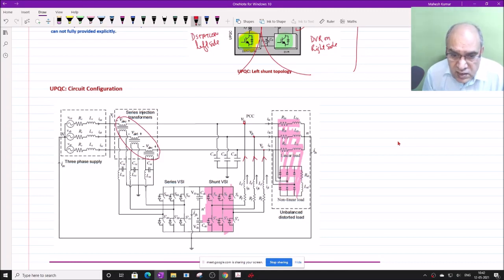So this is the DVR side inverter or series VSI. This is called the shunt VSI, and this is called the series VSI, and the DC link is common. As you can see, there is a common DC link here. The design of the DC link is a challenging issue because it has to take care of both the inverters. So the real power losses in these inverters have to be covered by one of the active power filters. So maybe we can control this DC link voltage using the DStatCom, and then the same DC link is used for the DVR.